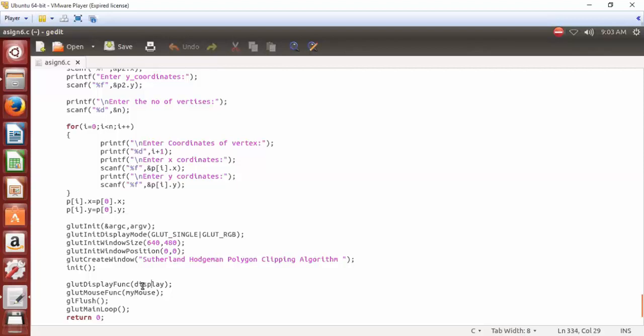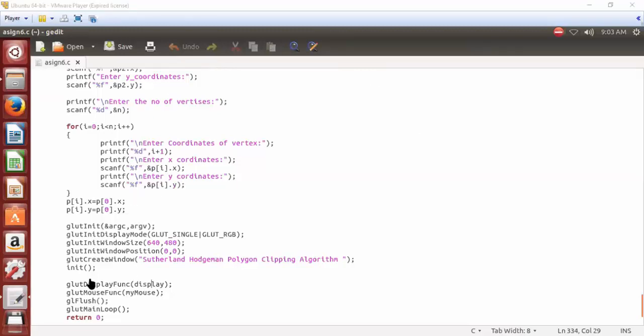So only 2 functions we are going to call, that is display and my mouse. After that, glFlush, glutMainLoop, and return 0. That is, we are going to free all the memory, and for returning that output we have glutMainLoop and last return 0. So that is all about the main function.